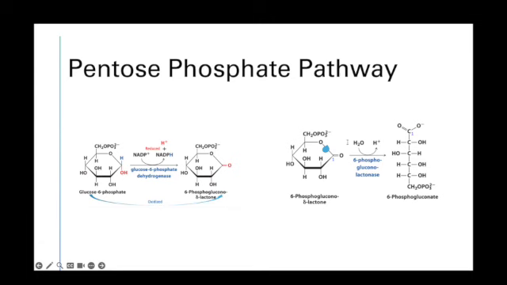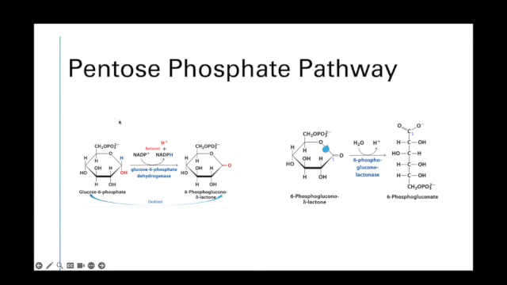So we need to interconvert glucose 6-phosphate to 6-phosphogluconolactone, which is done via the reduction of NADP, not NADH, but NADP plus. This gets reduced with that OH right here. We add that proton to NADP plus, we get NADPH, and right here we have that carbonyl bond,